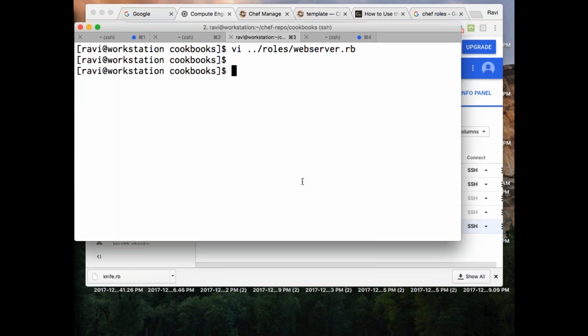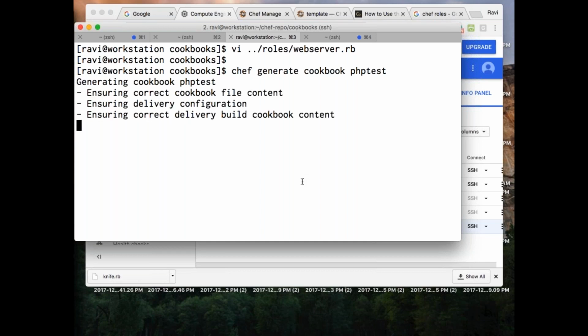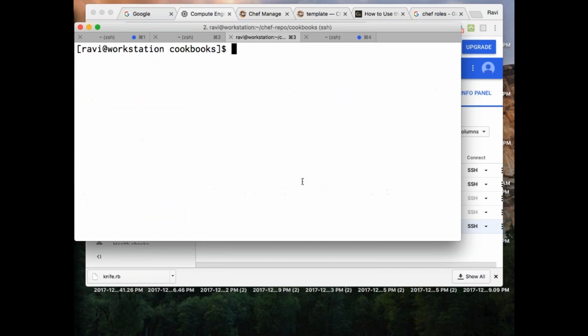Now I need to update that new cookbook. See, I did not write PHP test, right? So I need to go and generate that. So I'll say chef generate PHP test. And let's say vim PHP test.